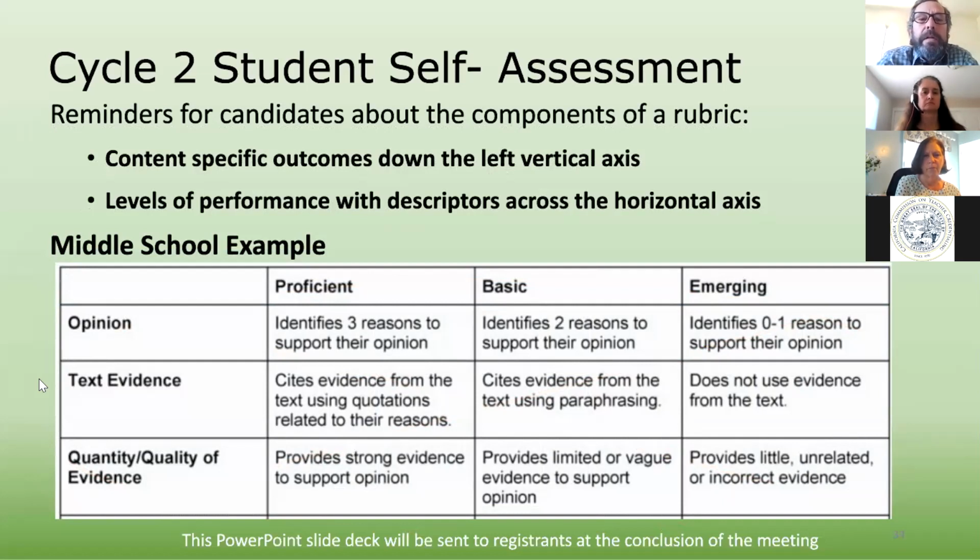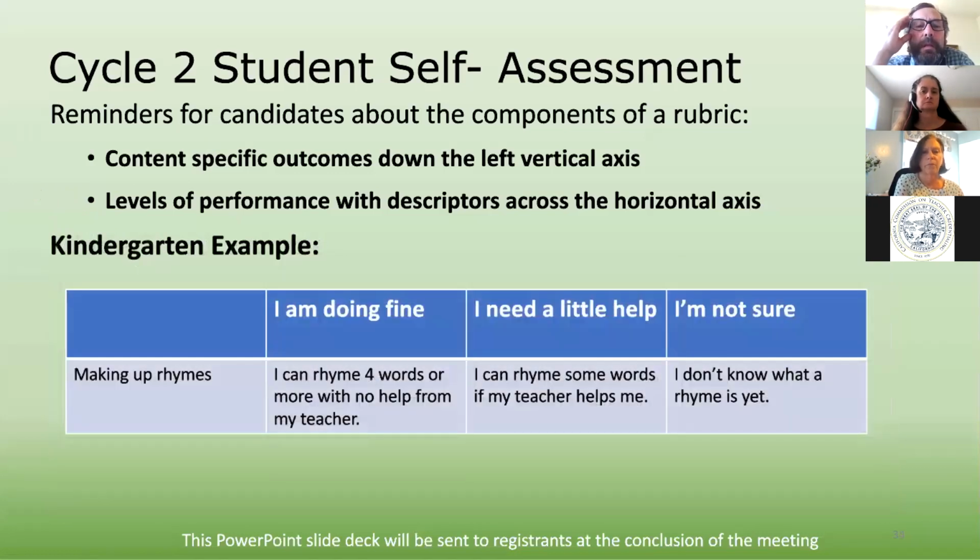So again, across the horizontal axis, we want to see what are the levels of performance with descriptors. If you saw the other rubrics, they didn't have descriptors, they were just check boxes. They didn't have information about what the learning was about. This rubric actually had, this is just a portion of it, 6 constructs in it, and when we get to the part about video 4, we can refer back to this piece. Again,